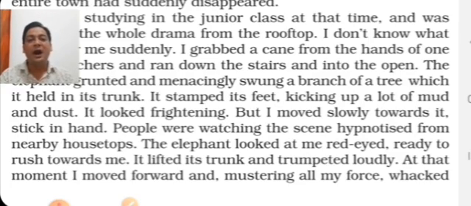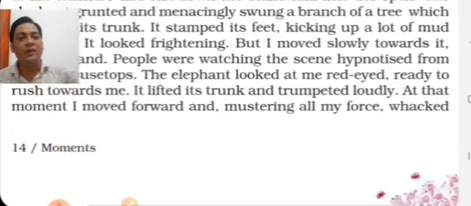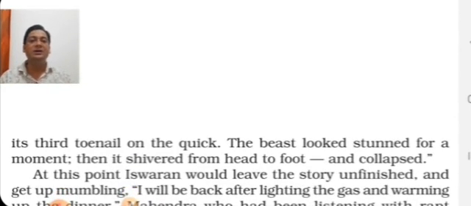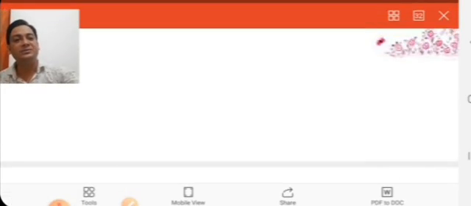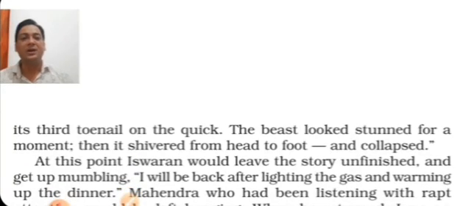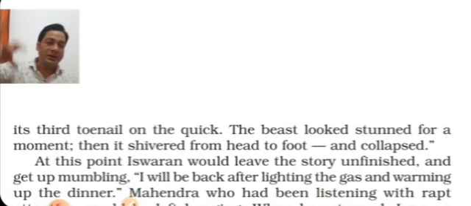At that moment, I moved forward and, mustering all my forces, mustering means gathering all my forces, whacked him on the third toenail, on the quick. Whacked means, my dear students, attack. I just attacked with the stick on his third toenail. The toe, you know that, and in this toe, the lower part of the